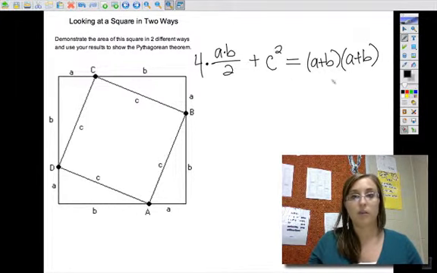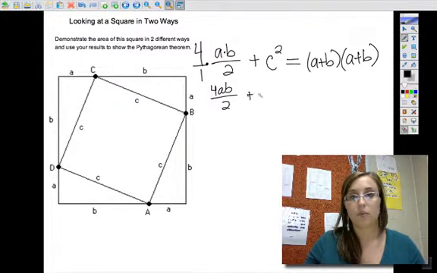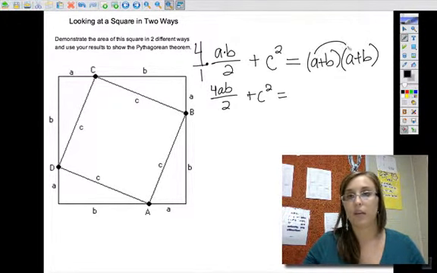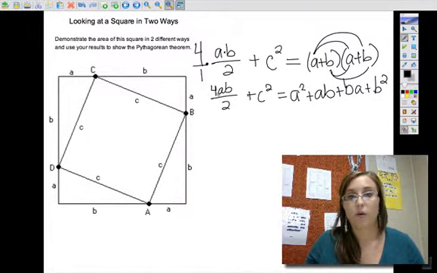So now I just need to simplify down both sides. So I'm going to take 4 times AB divided by 2. Actually, I can think of this as 4 over 1. So I get 4AB over 2 plus C squared equals, and then I'm going to FOIL. I'm going to take A times A plus A times B plus B times A plus B times B, B squared. Simplifying down even more, I'm going to take this 4 divided by 2, it gives me just 2AB